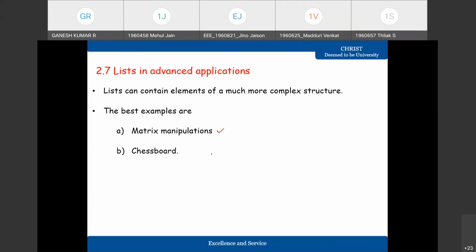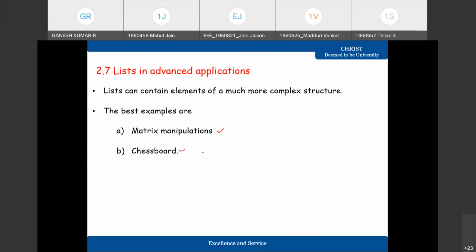To some extent, we can have a guess, but there are many more alternative moves, ways to play the chess game. All these applications are developed effectively and efficiently with the help of list in Python programming. As far as our syllabus is concerned, we discuss matrix manipulations in this session, and the chessboard can be left as an assignment to you, in the later part, right?